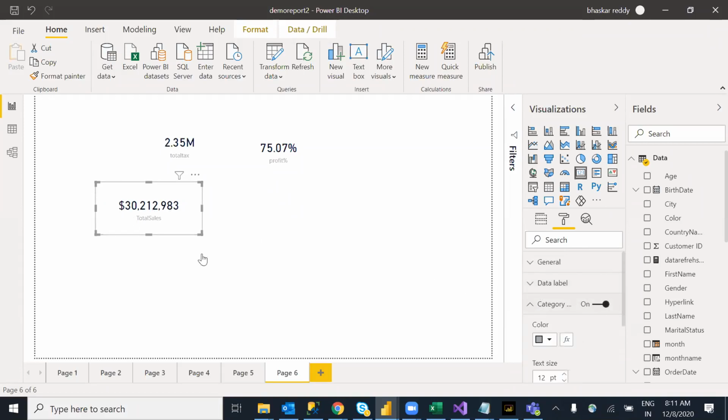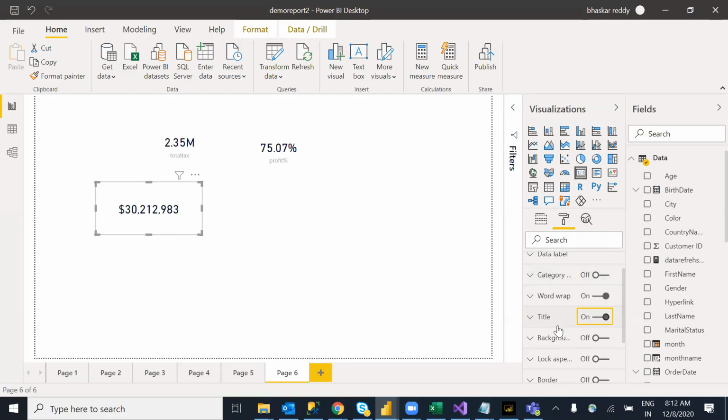Then the data category: for each and every column, total sales is coming, right? If you want, you can remove it. I don't like that below the title name, so I will remove this option, then I will add a nice title to that. If you want the data category, you can apply the same color over here: what is the font color, font family, text size? Only three common properties. So I don't want that one.